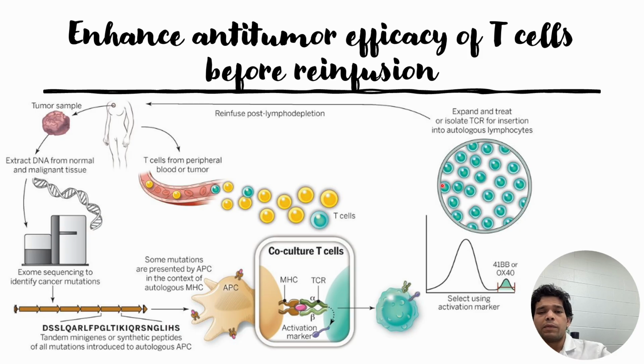It can be from the tumor infiltrating lymphocytes or from the blood itself. If it is from the blood, then they will have the information to target those mutations that are present within the patient. So these expanded T cells will then be reinfused into the patient after lymphodepletion, and